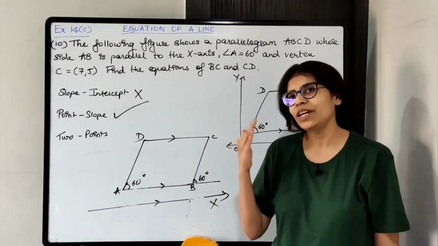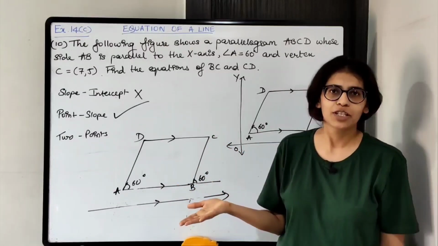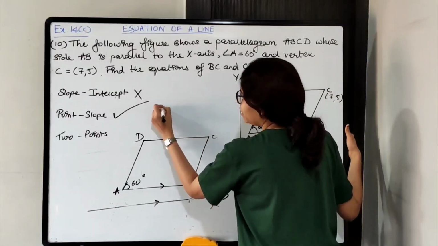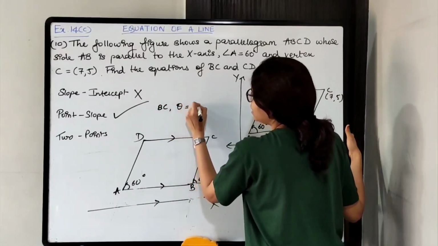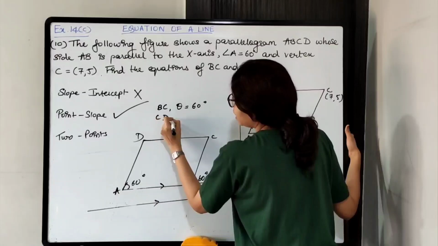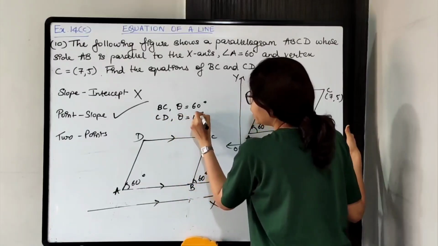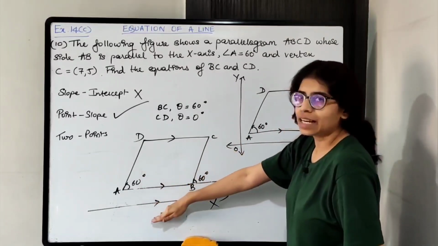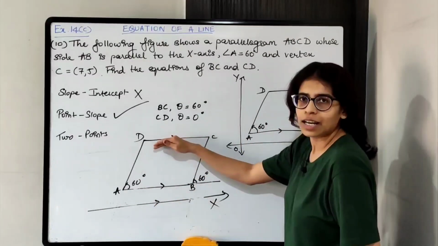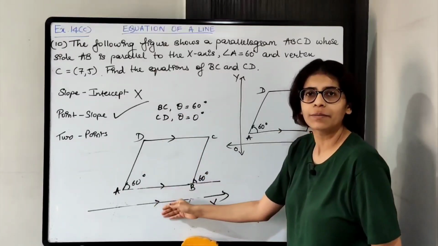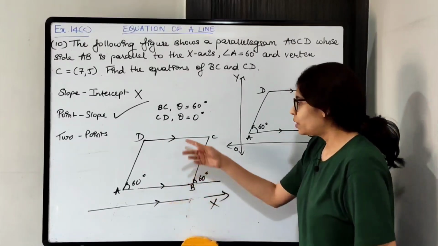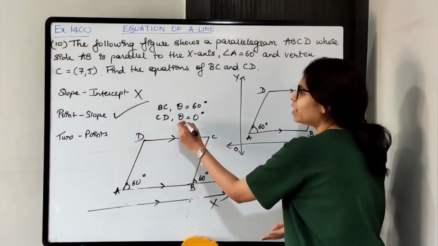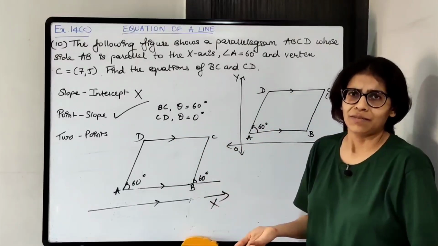Okay. Once you get theta, you can easily find out m. Slope मिल जाएगा. Okay. So for BC, we are getting theta as 60 degrees. For CD, we are getting theta as 0 degrees because parallel है with x-axis. First line is parallel to second line and first line is parallel to third line. तो second and third भी parallel ही हुआ ना. Okay. So ये दोनों parallel है. So theta will be 0 in this case. Once you get theta, slope find out करना बहुत easy है.